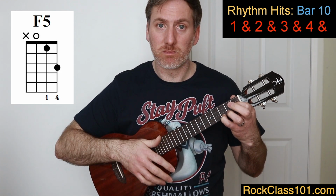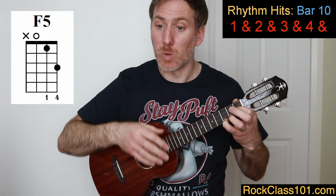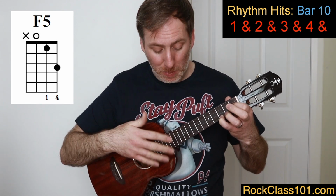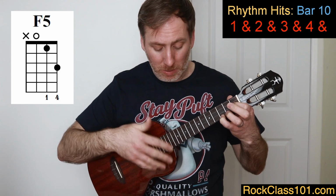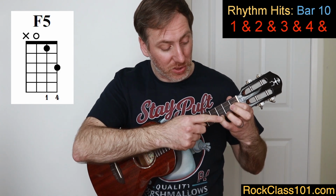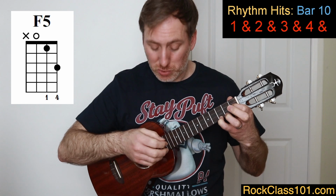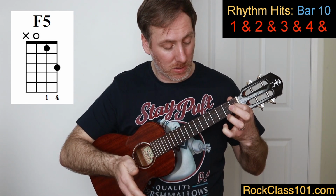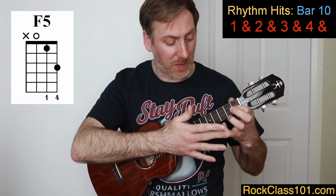But if you caught it, doesn't matter. Okay, so then that's beat 2. And after beat 2, we're going to play the open A, but we're not going to pick it. We're going to play it with a pull off from this 3rd fret here. So on beat 2, we've played that double stop, and after beat 2, pull it off with a pinky,